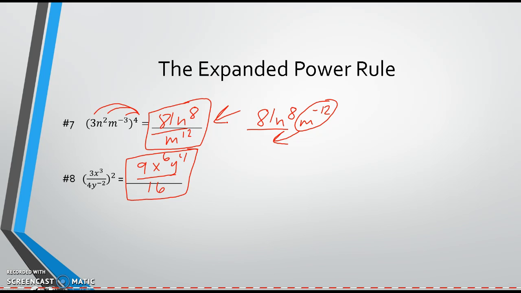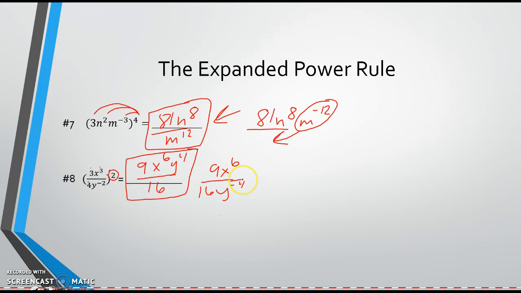Same concept for number 8. I'm going to have to take this 2 and apply it to every single factor, the 3, the x to the 3rd, the 4, and the y to the negative 2nd. So 3 to the 2nd is simply the 9. x to the 3rd squared, I multiply those using the power rule, that's x to the 6th. 4 squared is 16. And then y to the negative 2nd to the 2nd is y to the negative 4th,